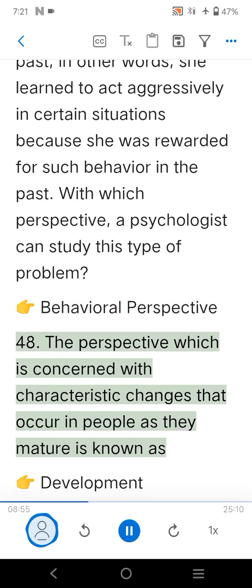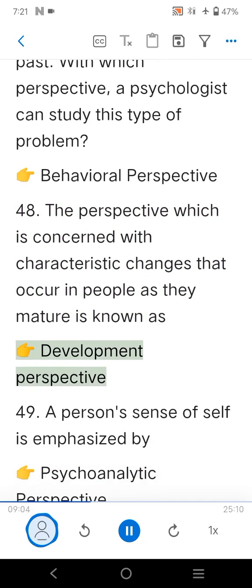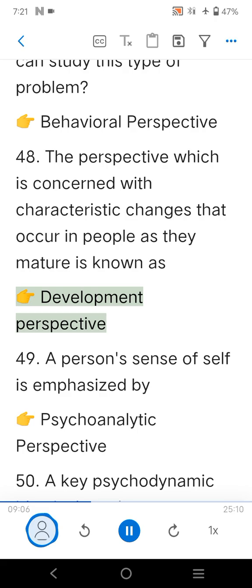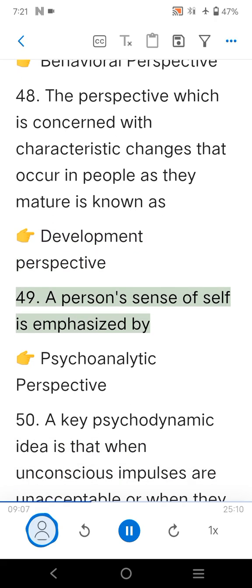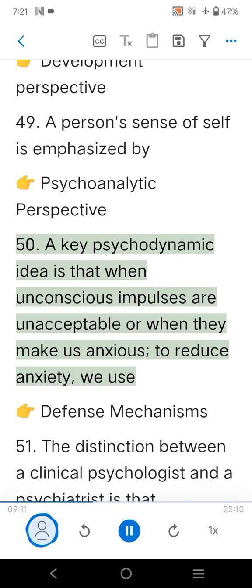Behavioral perspective. 48. The perspective which is concerned with characteristic changes that occur in people as they mature is known as developmental perspective. 49. A person's sense of self is emphasized by psychoanalytic perspective. 50. A key psychodynamic idea is that when unconscious impulses are unacceptable or when they make us anxious, to reduce anxiety, we use